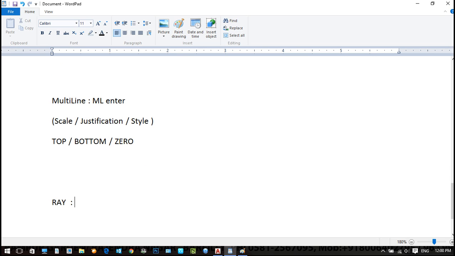What is a ray? Projected from a single point, just like sun rays. Okay, so rays emitting from a point, just like sun rays, or water, just like a shower: the shower is also projecting from a single point. So that is a ray. There is a command RAY, enter, and then define the starting point,